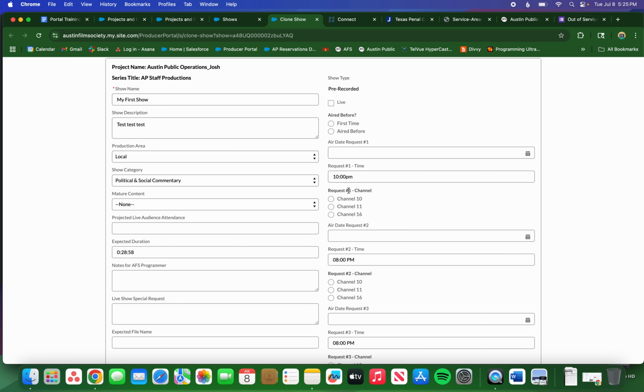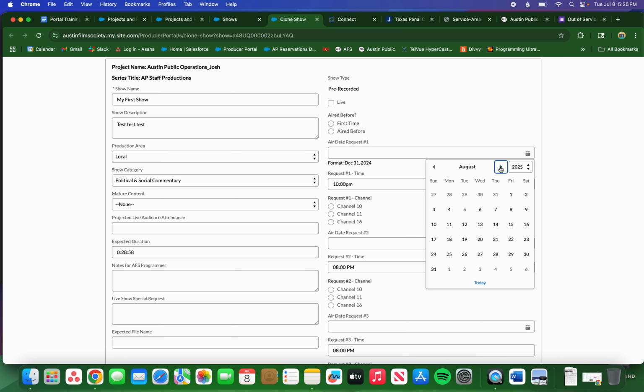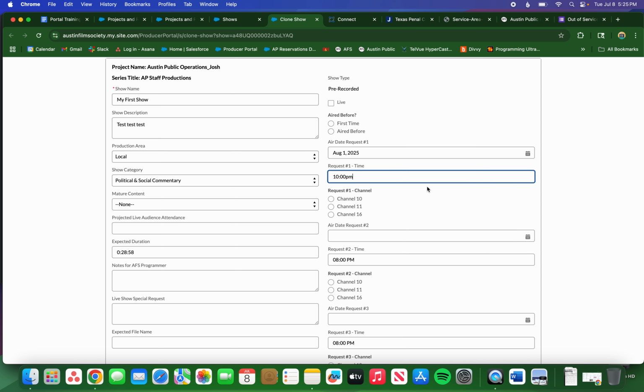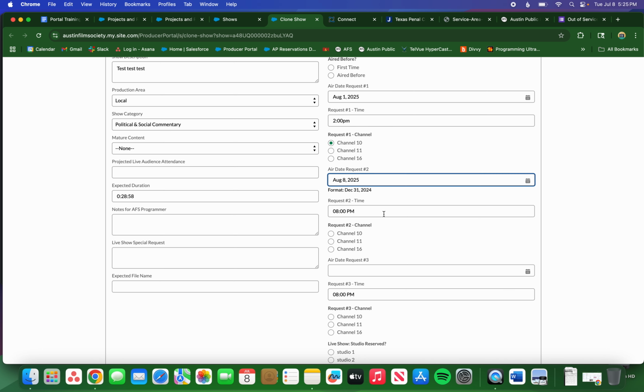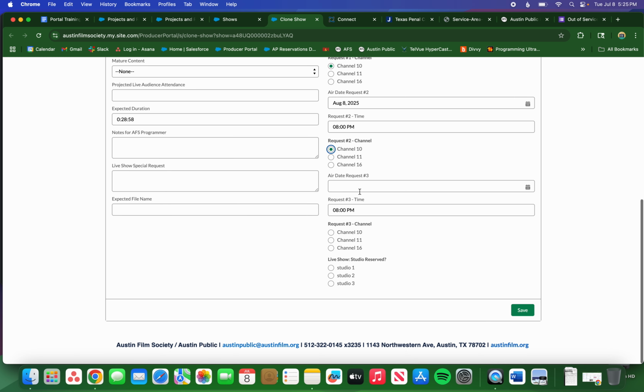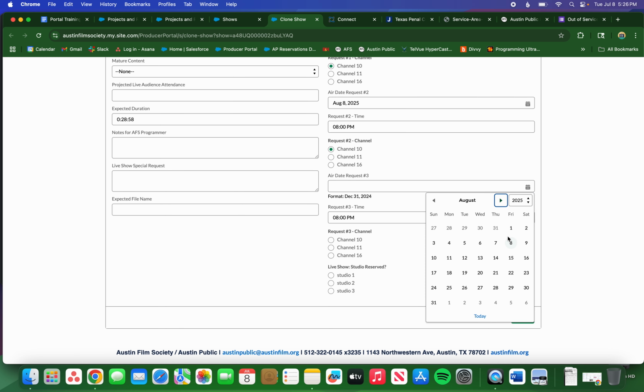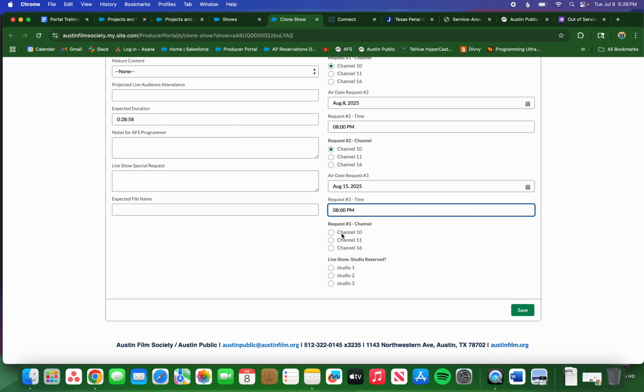In this case, what I want to update is the air date and time. So let's say in the previous one, those were all air dates that were in July. Now I'm going to select some that are in August. So let's change this to August 1st at 2 p.m. on channel 10, and so on and so forth. We're going to make this August 8th. We're going to leave that 8 p.m., channel 10, and then the new air date and time, August 15th, 8 p.m., channel 10. Then when we hit save,